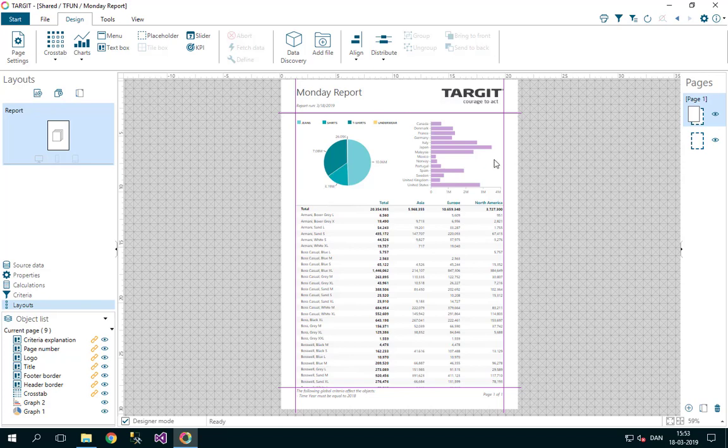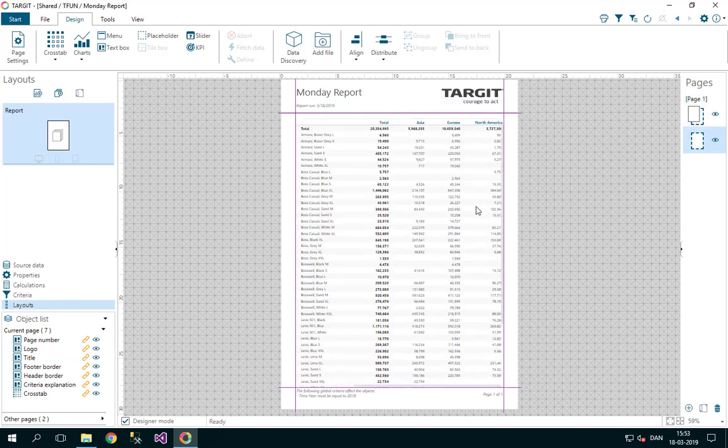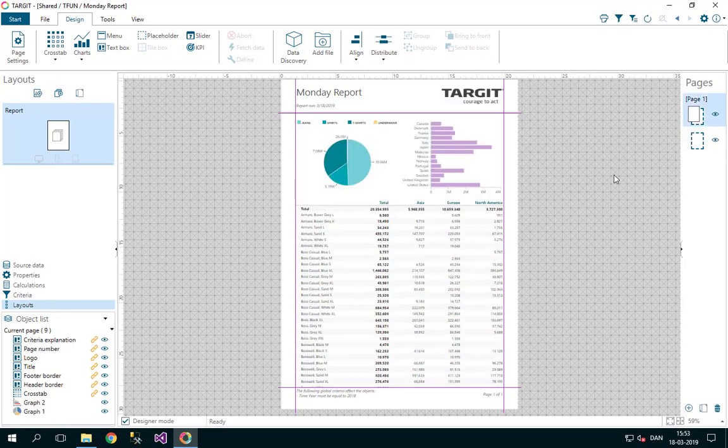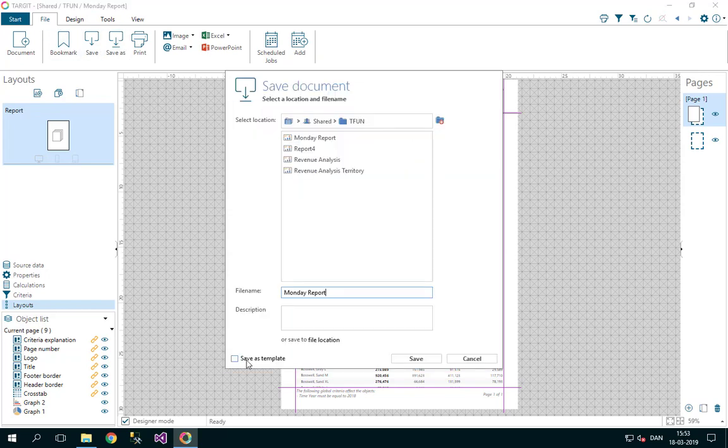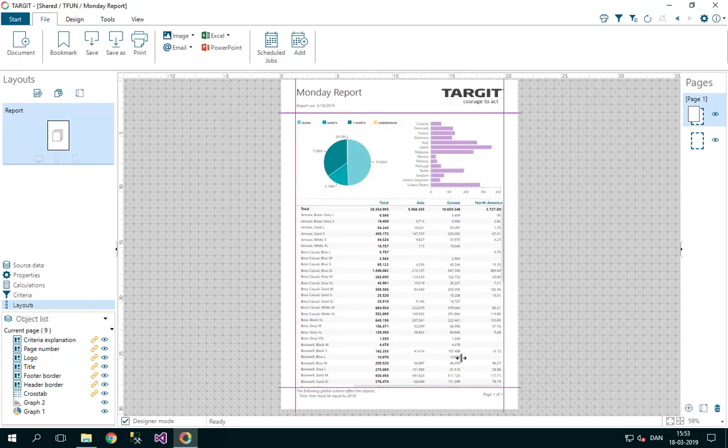Maybe this report with the two charts and the crosstab and the header and the footer, and on the repeater page the crosstab going across there, is exactly what you would like most of your reports to look like. So in that case, you might go here and save this one as a template. But if I did that now, I'll just cancel it. It would actually save it with the data, with the two charts that we see here and the crosstab as